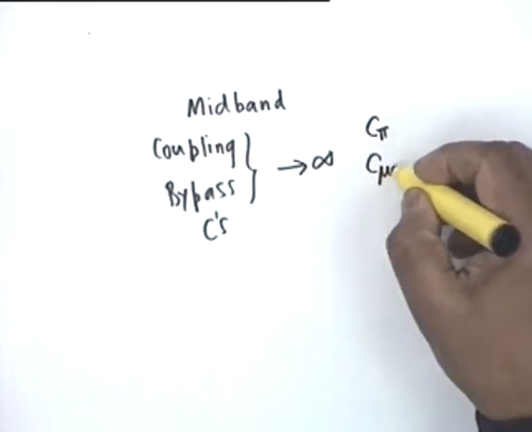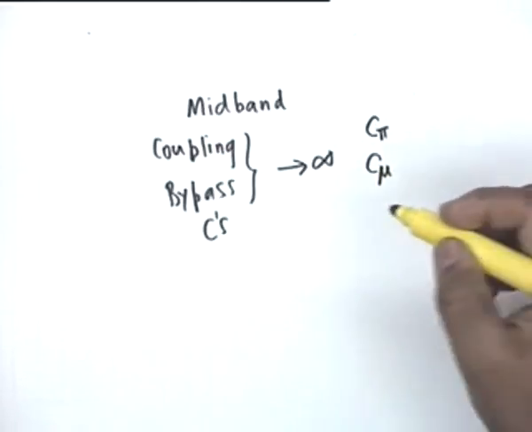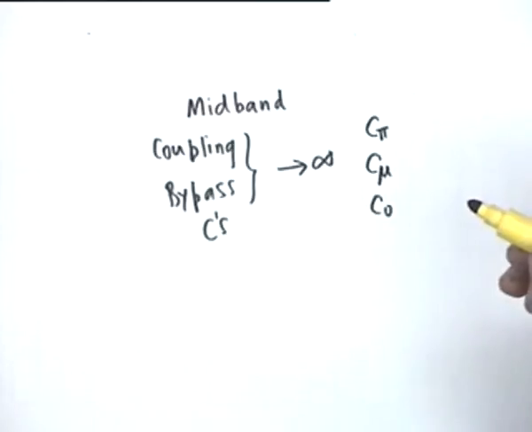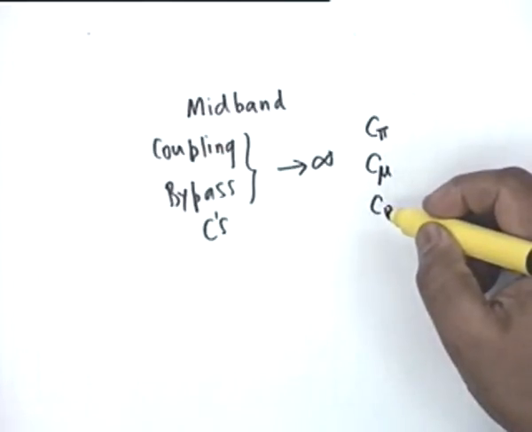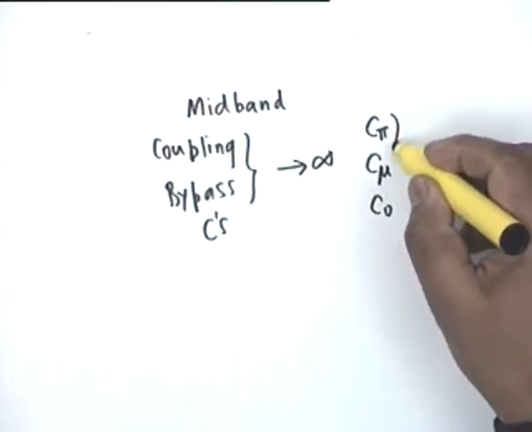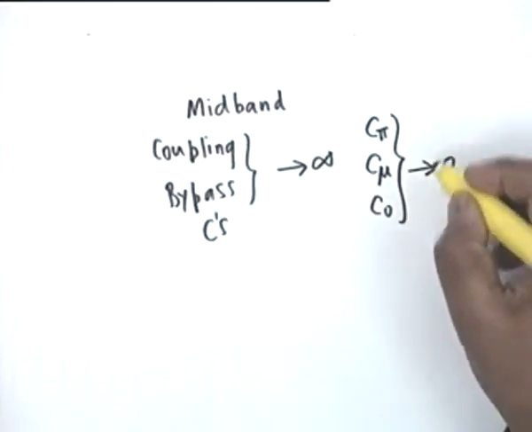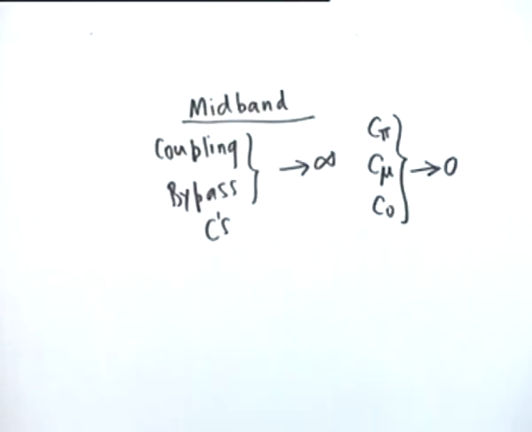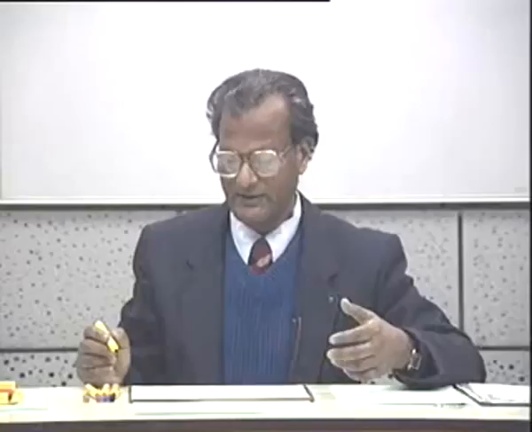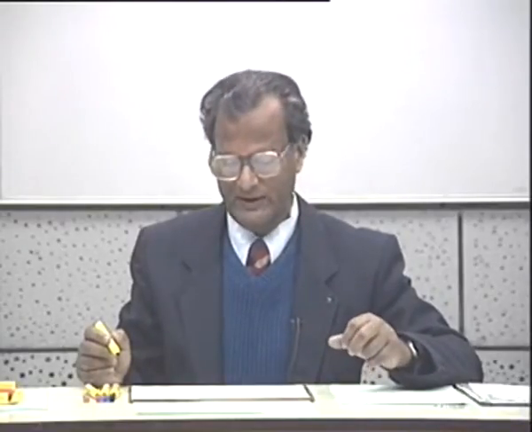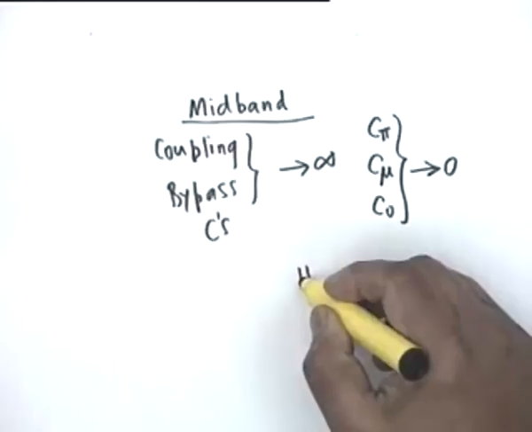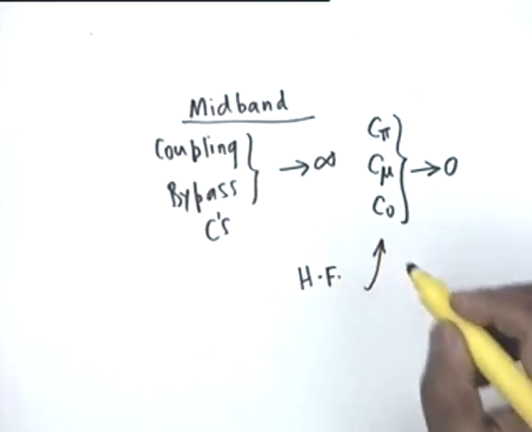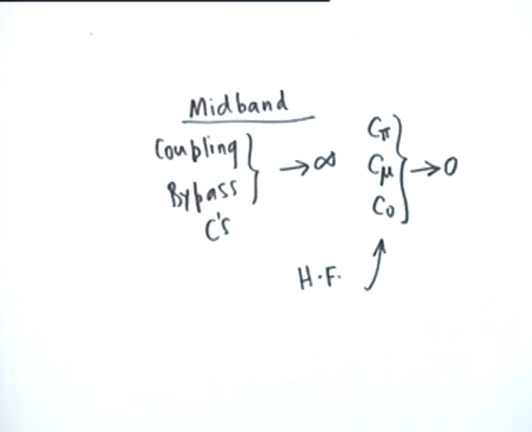We ignored C mu, the collector to base junction capacitance, and we ignored C0, which is across the output, that is collector to emitter, which mostly consists of stray capacitance and load capacitance. In mid band we assumed this to tend to 0, so that all capacitor effects were neglected. Now we consider the effect of these capacitors in two steps. One is, we first consider the high frequency response, in which these are the capacitors which will show their teeth,